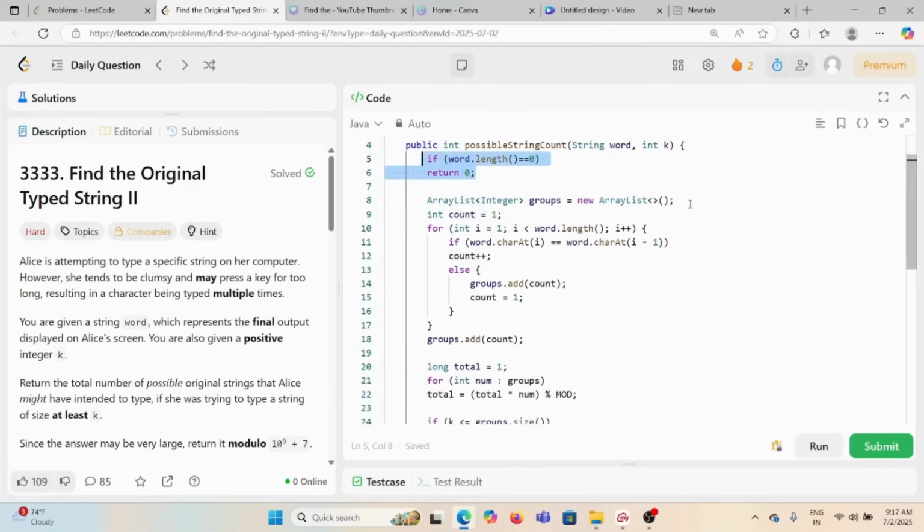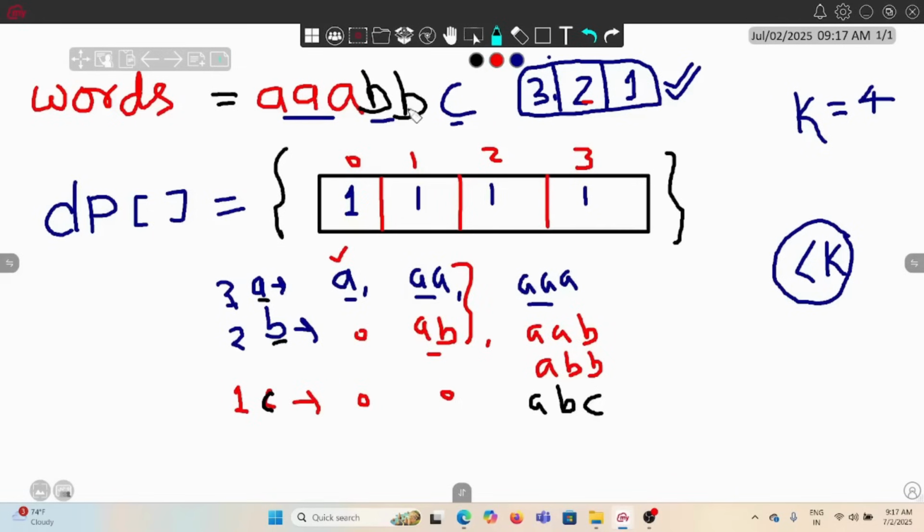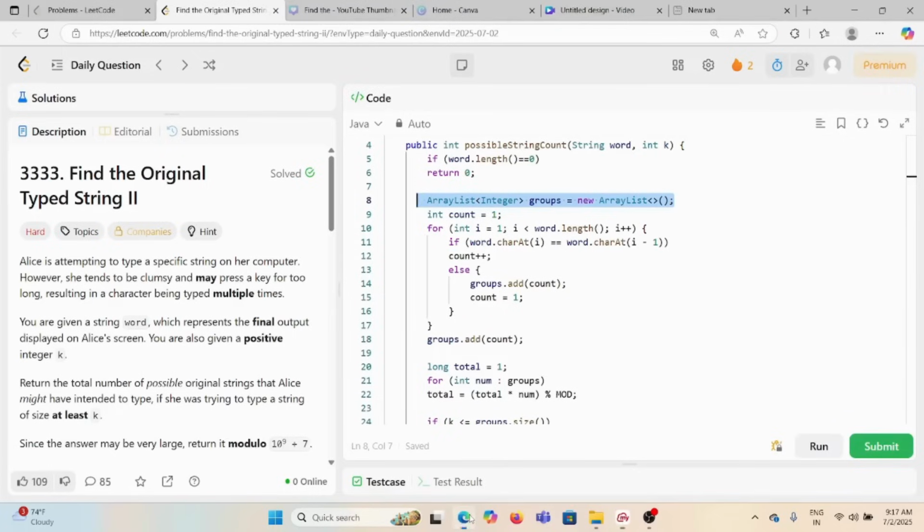Otherwise what we are doing, we are creating this array list. First of all, in first step, as we told here, we are creating this array list like 3, 2, 1. So initially we are making the count equal to 1, because we want to count the frequency of all the characters one by one. See here, I am starting with i equal to 1, because we are checking the previous one if it is equal to the current one or not. So if char i equals char i minus 1, that means we are having the same frequency, so we are increasing it. Otherwise, if that is not the case, then we are adding this count to the group,